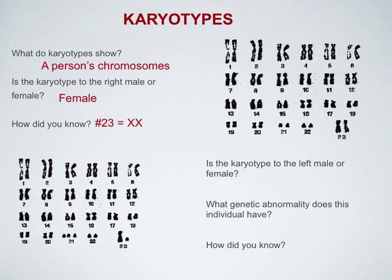How about this karyotype? Raise your hand, please. Is this a male or a female? Bianca? Male. It's a male. Are there any abnormalities that you notice? Bianca? It has 3 21st chromosomes, Down syndrome. And you know that